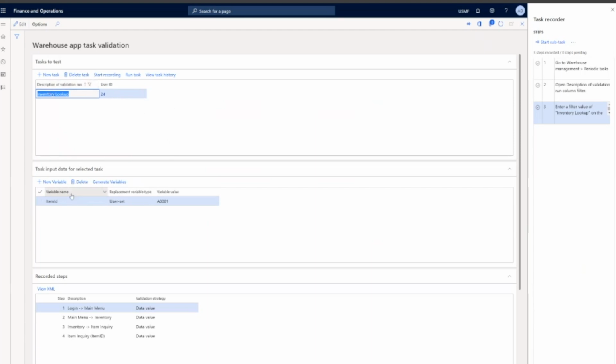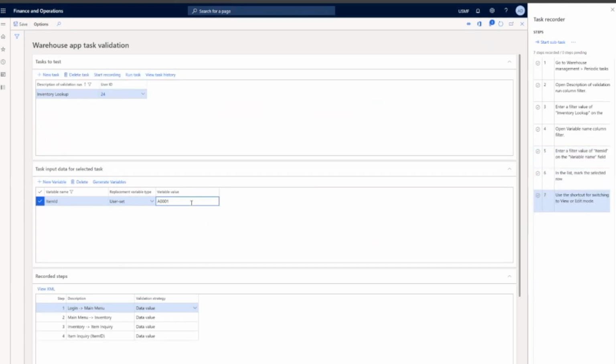We could also come in here, and if we needed to do any replacement data, we could filter this to item ID, for example, and then come in and do any updating of this value, right? We could change it if we needed to. For example, in that sales order test, we obviously did have to change this to the correct work ID. Right. But once we've done that, we know that this one is selected,